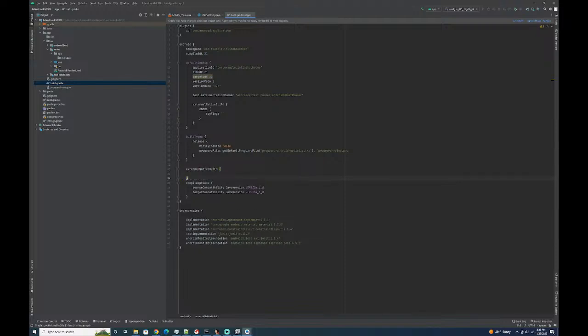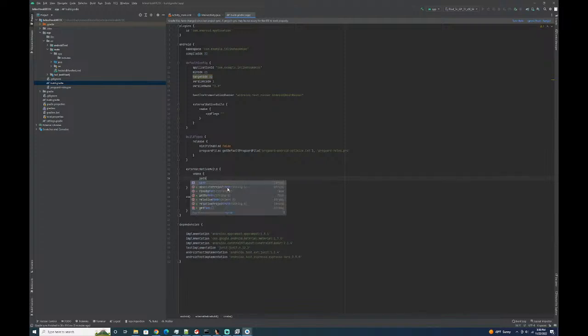External native build. And this is where we're going to give it our CMake path, for the CMake file that we haven't made yet, and then we're also going to give it the CMake version. So we'll specify CMake